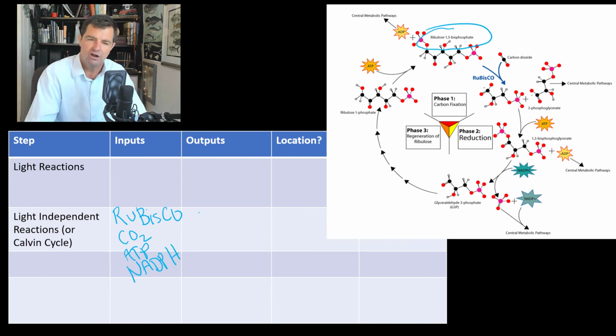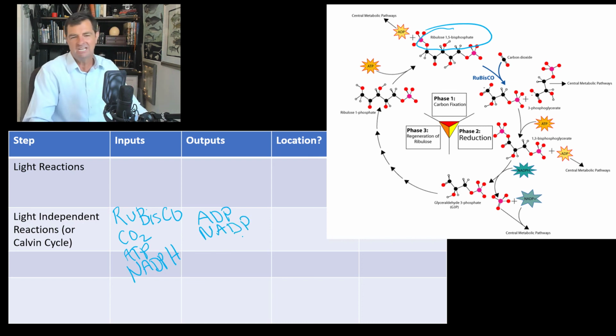So then what comes out? Well, once again, if we use ATP, then ADP is going to come out, and if we use our NADPH, that is going to then come out and be recycled as NADP. Okay, not necessarily all that significant, but what's really important, the output here, is G3P.